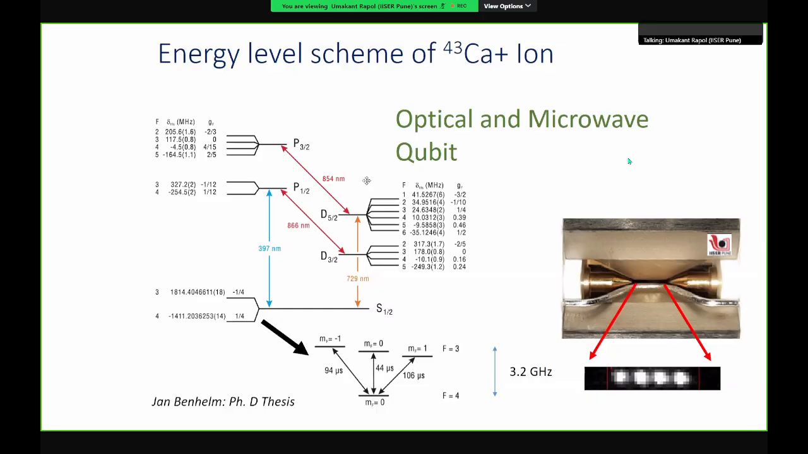Okay, so this ground hyperfine separation between this F equal to 3 and 4 offers an additional qubit. So earlier one,